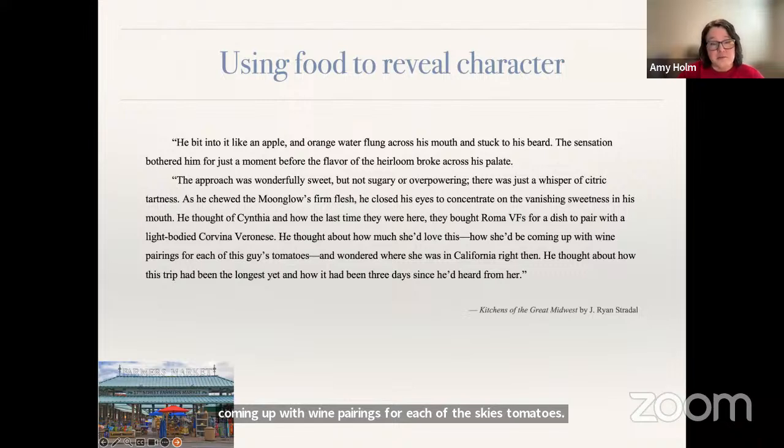He thought about how this trip had been the longest yet, and how it had been 3 days since he'd